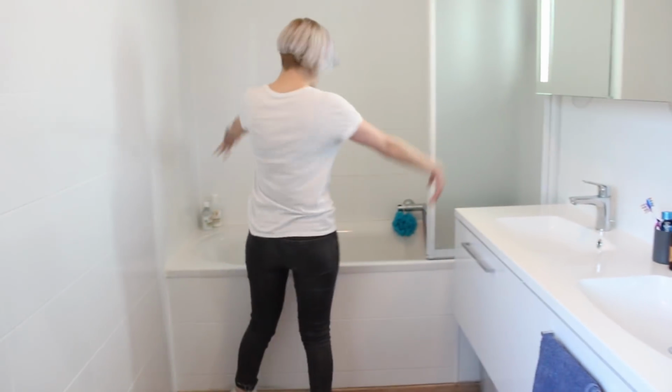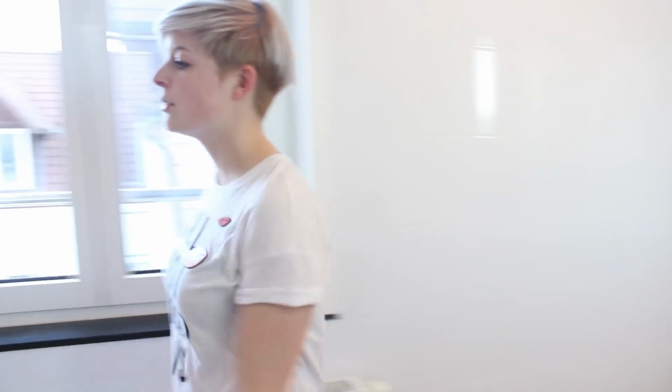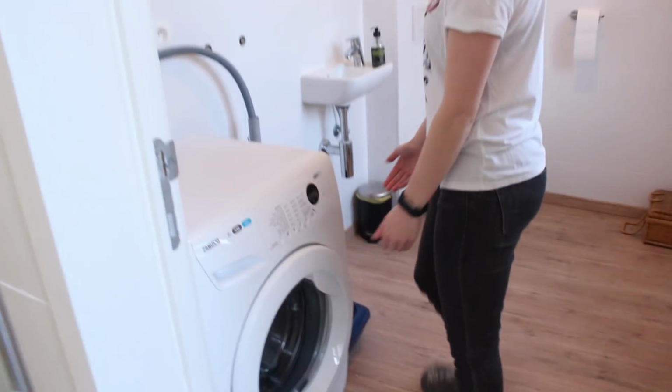I am in love with this bathroom because in our previous apartment we didn't really have a bathroom. We had a sink which was in our bedroom, and then we had like a shower closet, just a shower that you step in and then shower. And here we have a bath, which I love, and also a shower. And then this is our toilet with our washing machine, and of course with